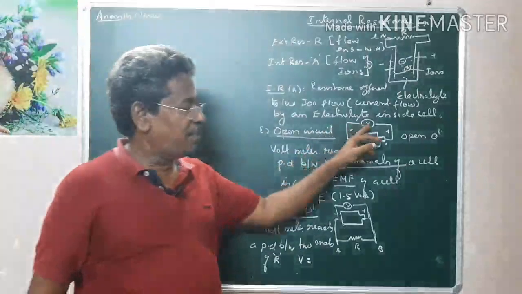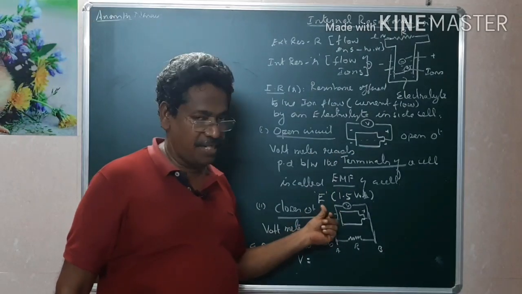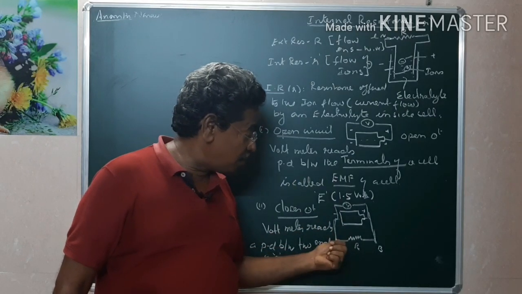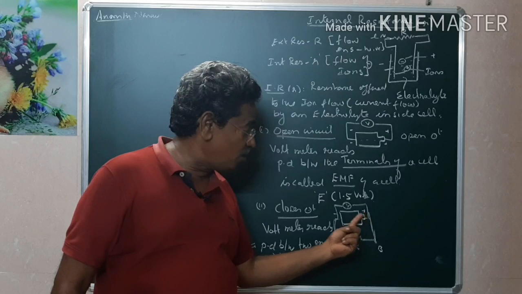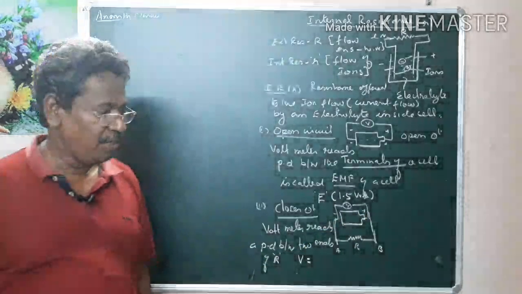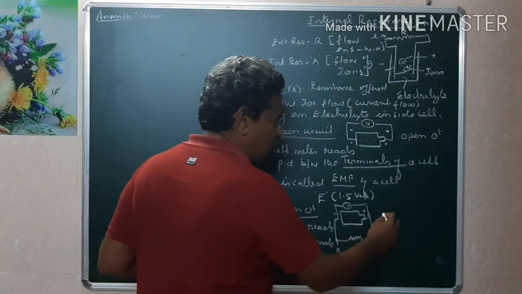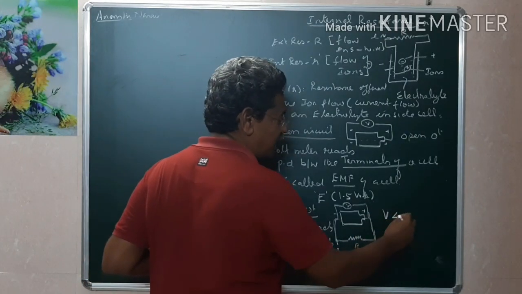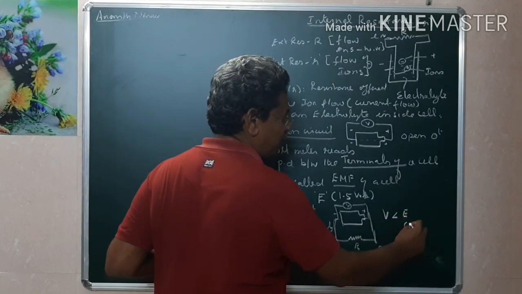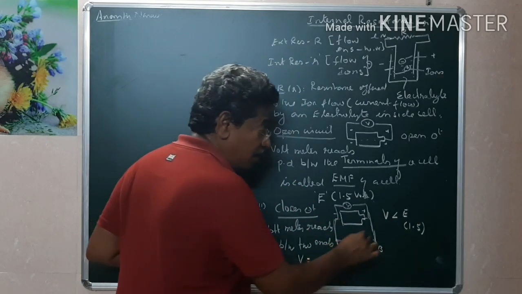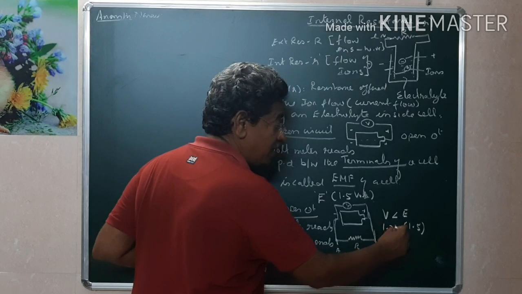In an open circuit, the voltmeter reads the EMF of a cell, represented by E. When it is closed, the voltmeter reads the difference in potential between the two ends of the resistance, not the two terminals of the battery. And this voltmeter reading is V. But remember, this V is always less than E. For example, before connecting, the battery may show a reading of 1.5. With the bulb, it may show a value something less than 1.5.